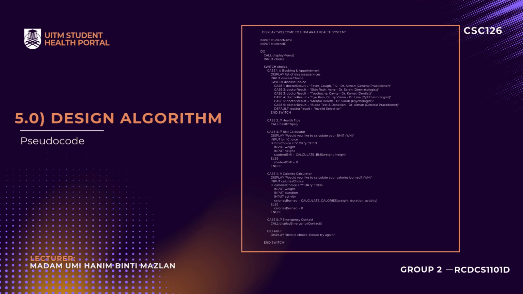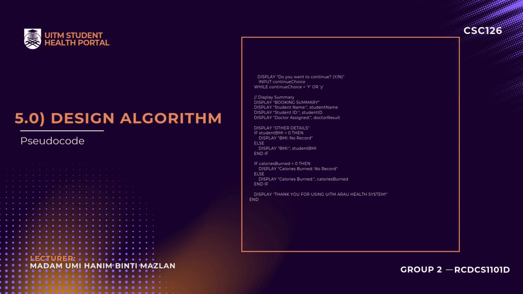For the third option, BMI calculator, if the user uses this option, it will calculate the user's BMI. For the fourth option, it will calculate the calories burned for that day. And for the fifth option, which is